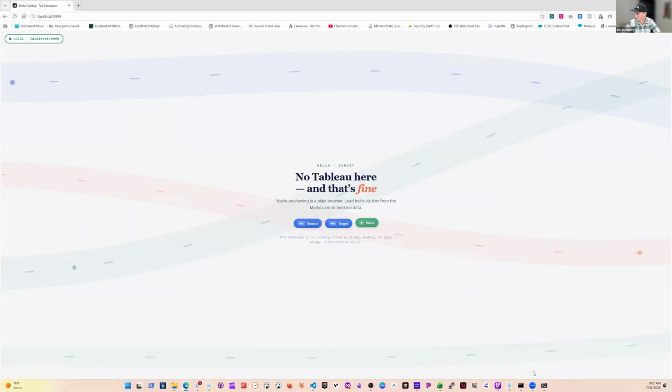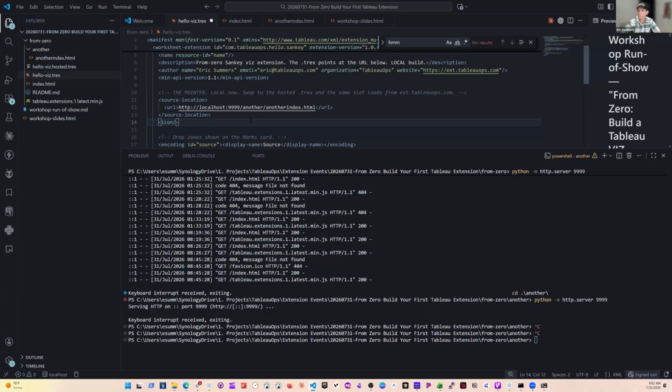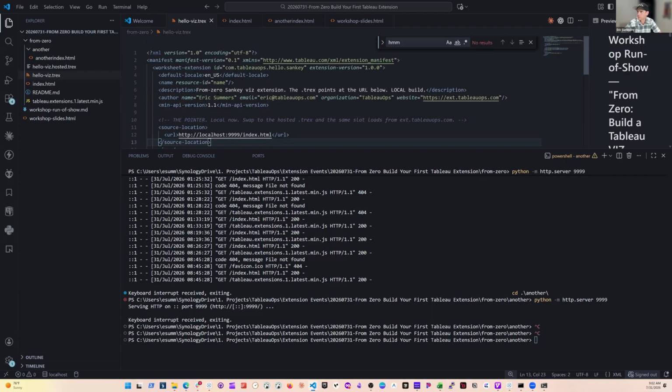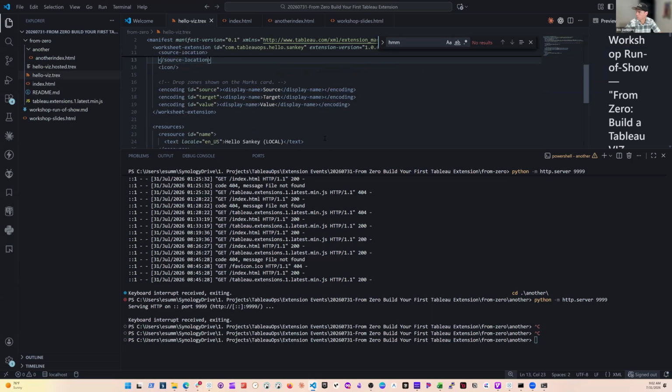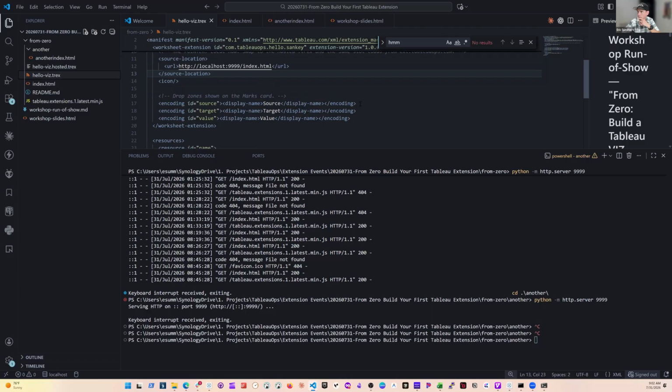Yeah, that was just a little bit on file hierarchy. So we'll go back to the original of this, and I think we've covered everything for local. When you make changes, again, if you make any changes to this trex file, then you have to let me